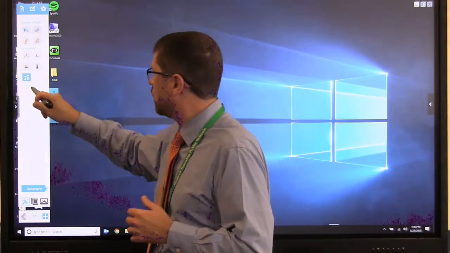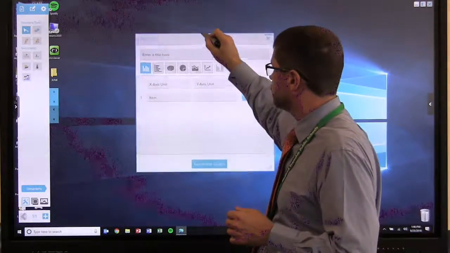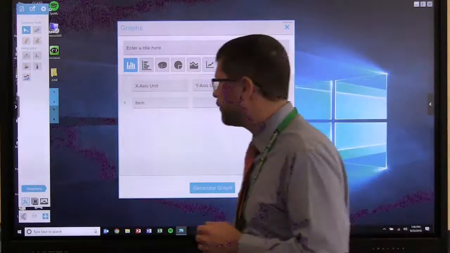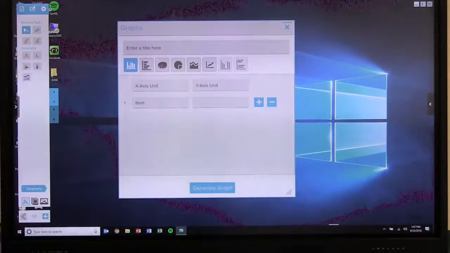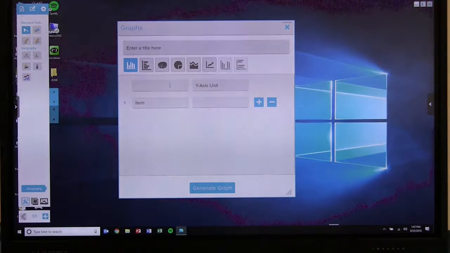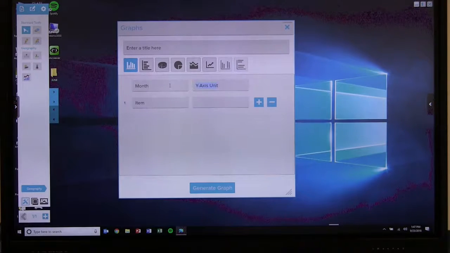And then the last option on this toolbar, we've also looked at before, and that is basically a quick way to create a graph. If I come over here and I type in for the x-axis, let's say I put in on the x-axis a month and number of students. And let's say I want to do a graph of the number of students who have a birthday in any given month. So what I can do now is I can type for a month, I can type January 3,